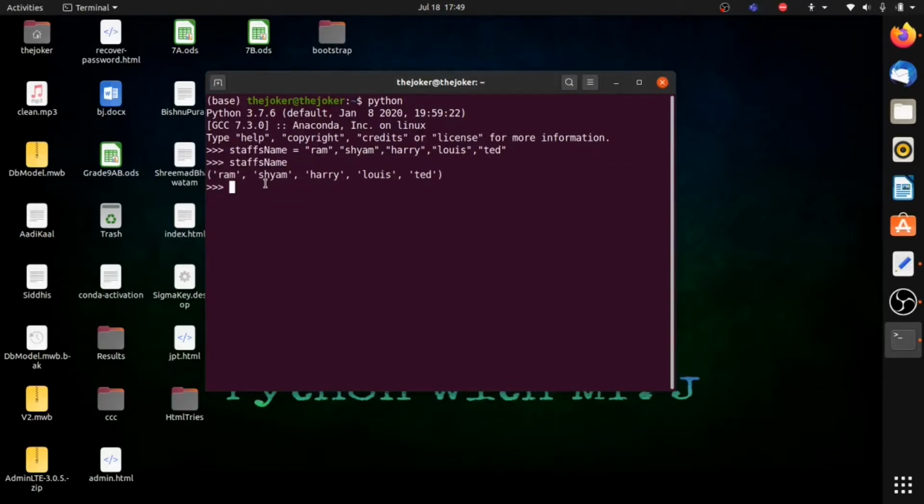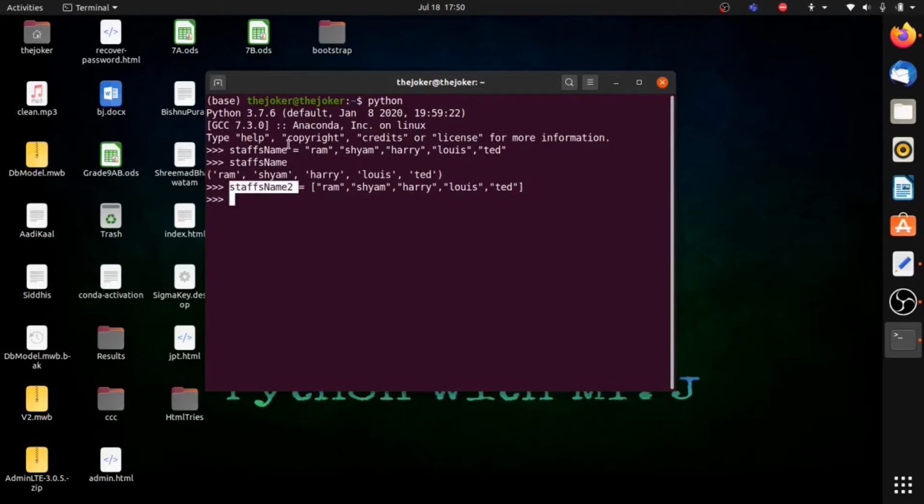Another type of list that is used in Python generally, for the same example where we had 5 staff in the office: staff name 2 equals, let's take the same values, Ram, Sam, Harry, Louis, and Ted.